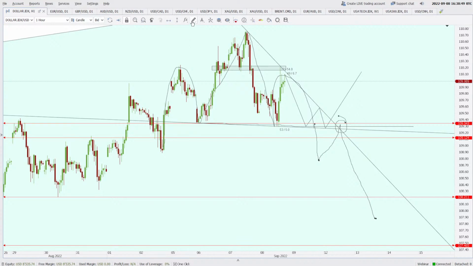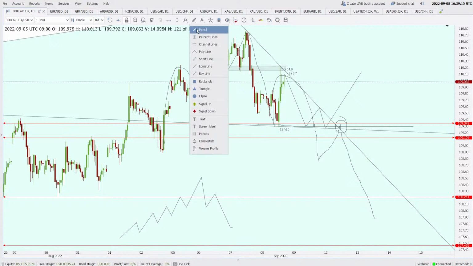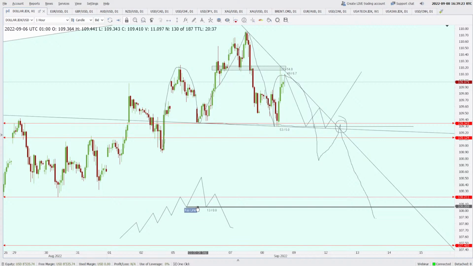Now I want to explain it even more clearly, so I will maybe switch it like this. If there is an uptrend, the price is making higher highs and higher lows. In the process, it makes a high which is higher, but it makes another high which is lower. You have to observe what the previous high was. Is it at almost the same level? Are the two reaction lows at the same level? Now you have to join the second reaction low and the first reaction low, and extend the line. This extended line is now called the neckline. When this extended line breaks, this is the head and shoulders breakdown.